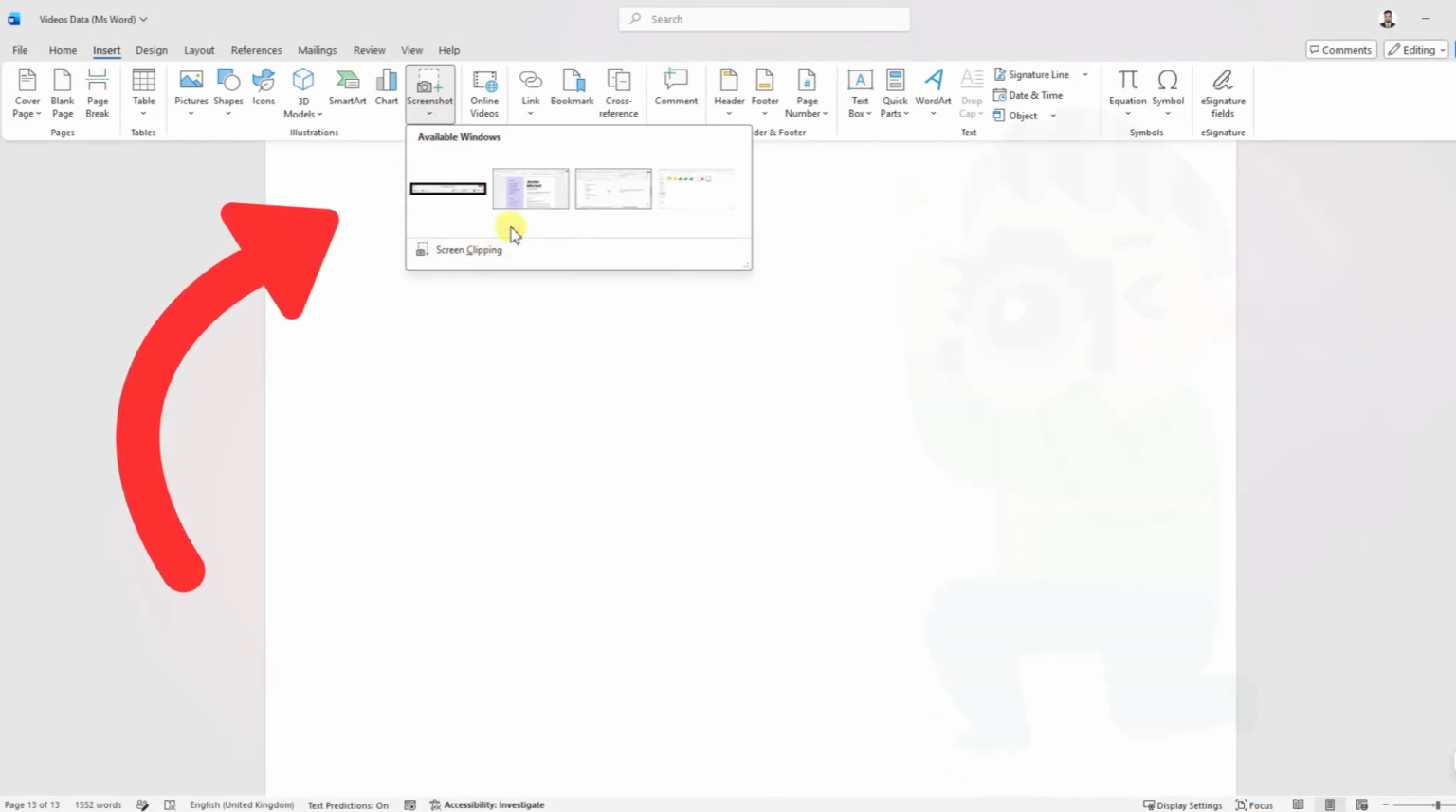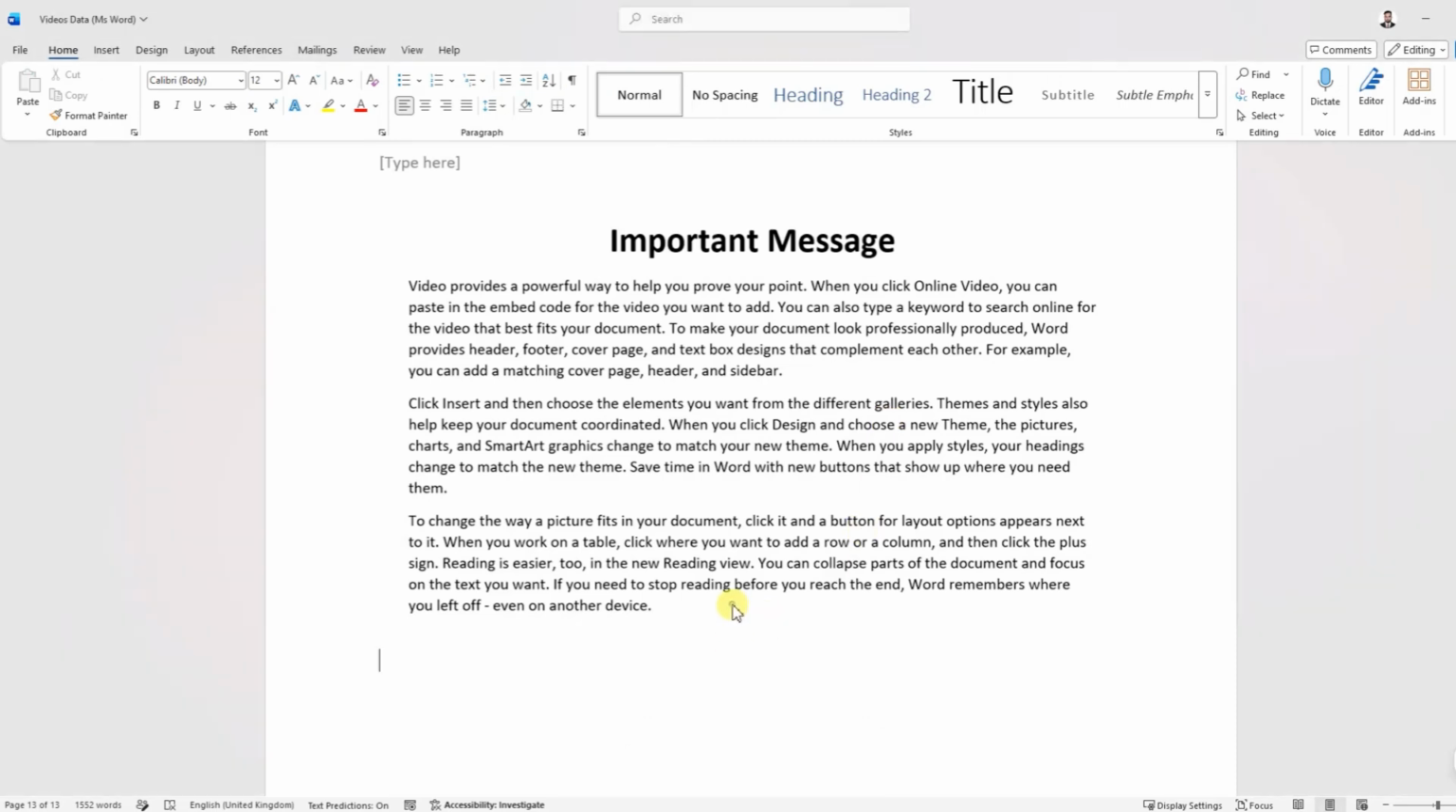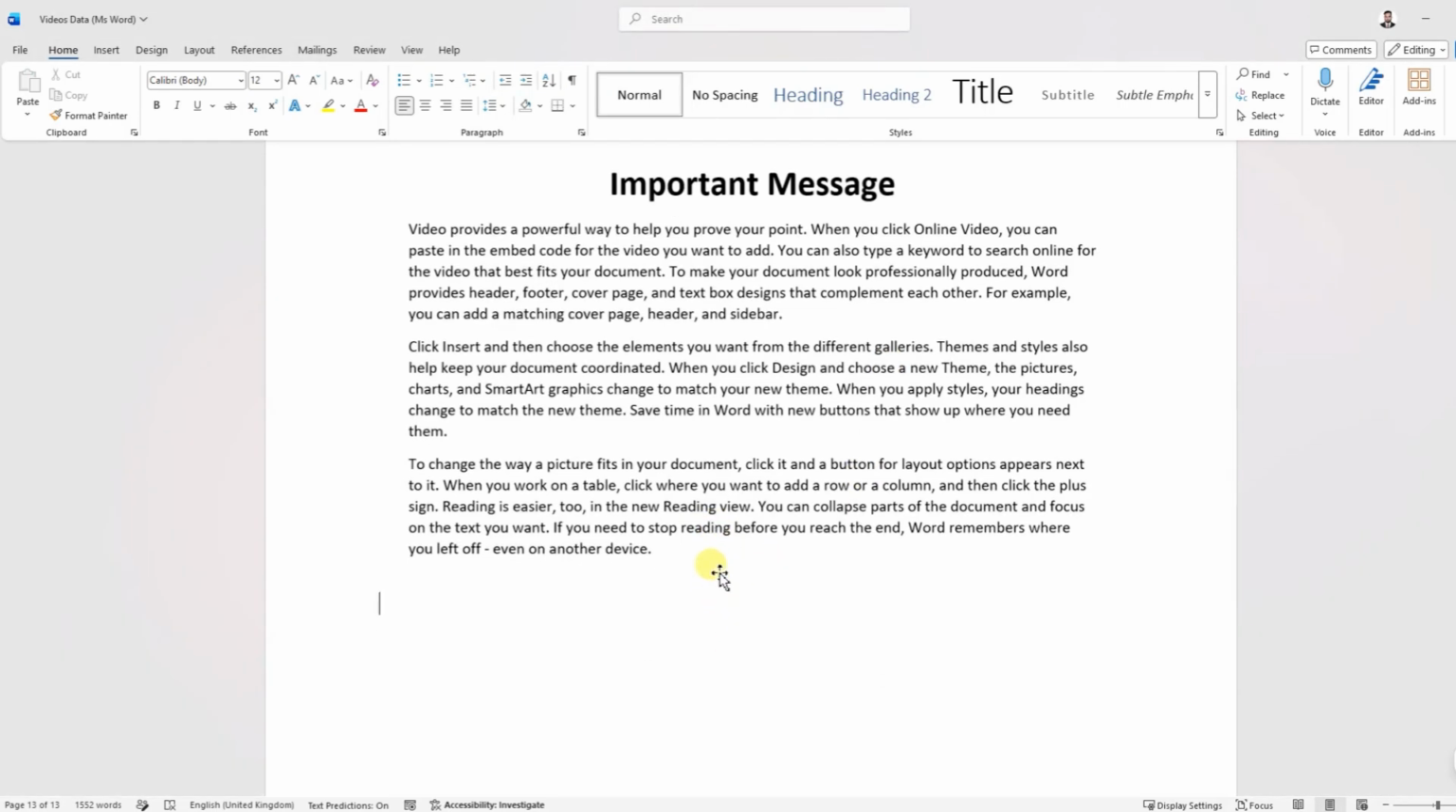Taking screenshot in Microsoft Word is easier than you think. Let me show you how. I have this Word document open, and if I want to take screenshot of some other documents, I will go